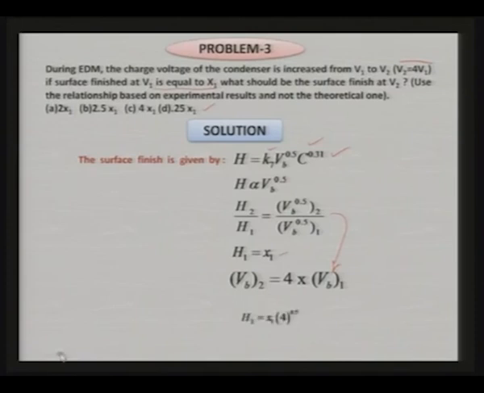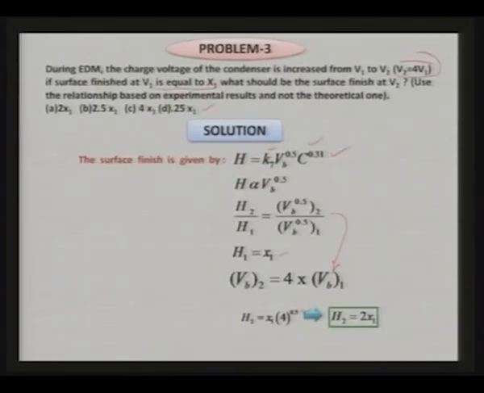Substitute the value, then you get H2 is equal to x1 multiplied by 4 power 0.5, and this will give you H2 is equal to 2 x1. That means, in second case the surface finish is going to be 2 times x1. This is the RA value, and that means, if RA value is increasing, that simply means the surface finish is